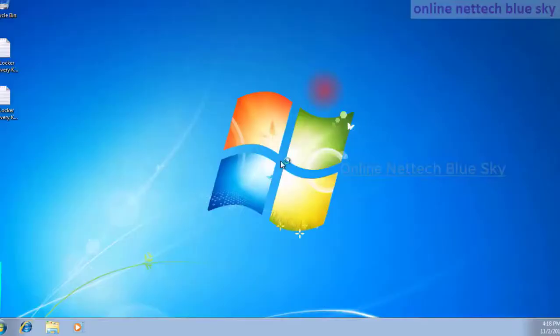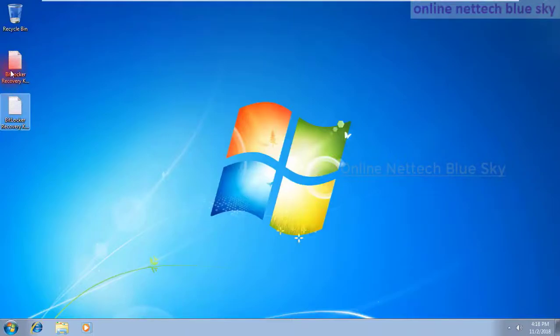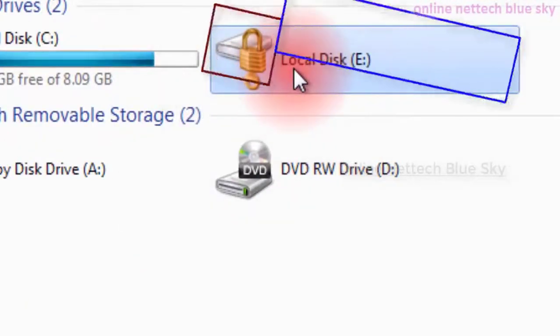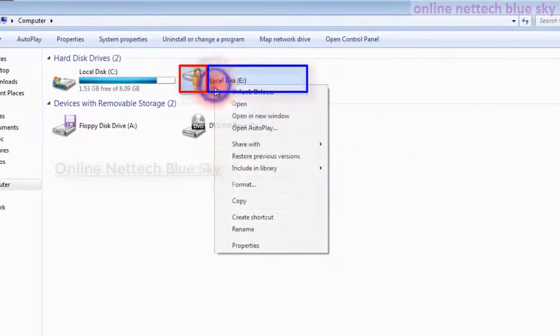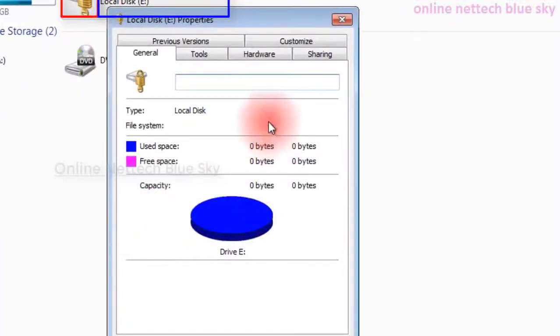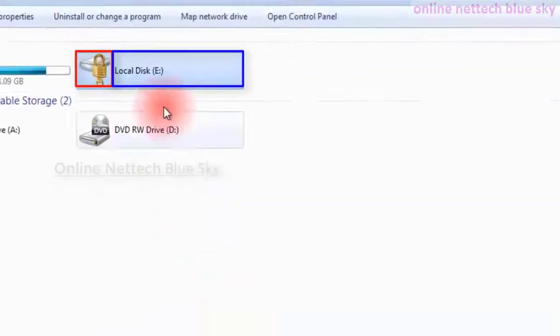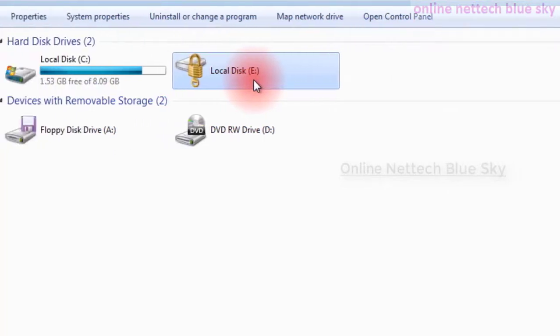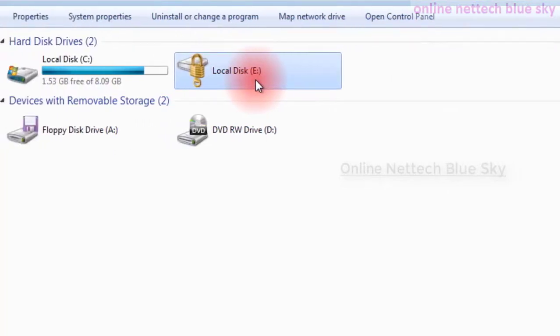So this is where I start my Windows operating system, and this is my partition's recovery key. You can see my locked partition with this logo showing here, and I cannot open it directly. Nothing shows how many files or how much free space there is. This logo means my partition is locked, and no friend, family member, or anyone can open the partition. First you need the password, and this is very important.